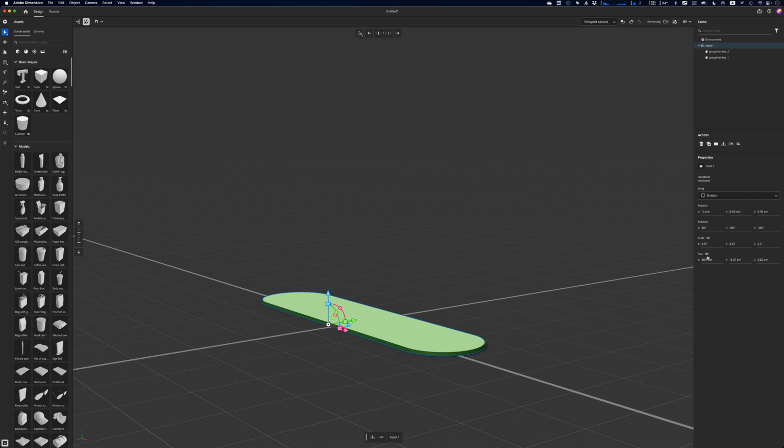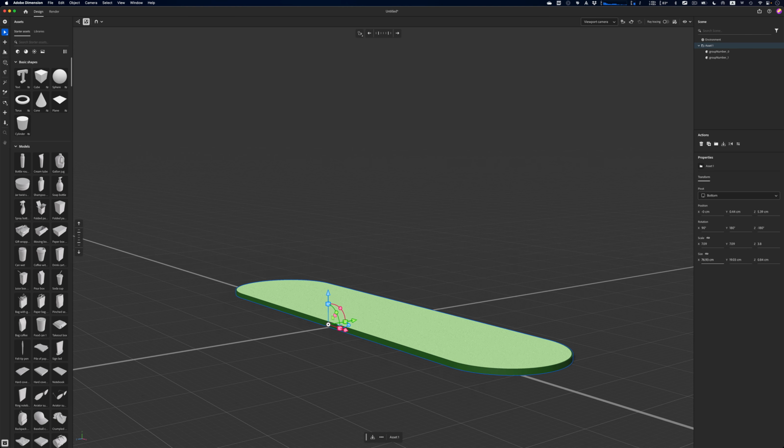Now, the chain here indicates that if I change one, I'm just clicking and dragging on the number, see, it all changes in proportion, and I'll let go. Don't click, because then you'll have to type in a number. Click off. Just immediately when you roll over, click and drag. Now, I'm guessing on a size, so